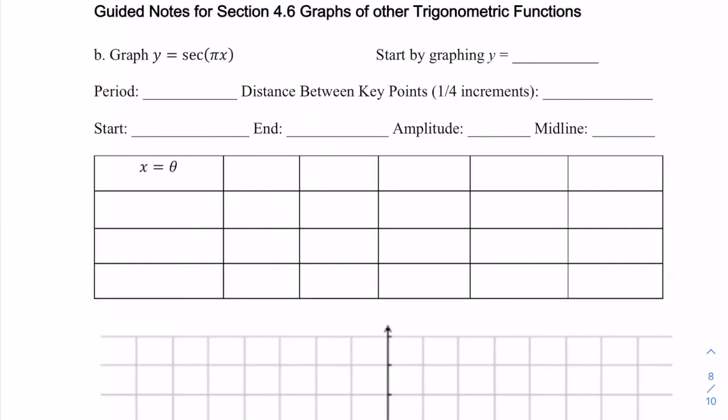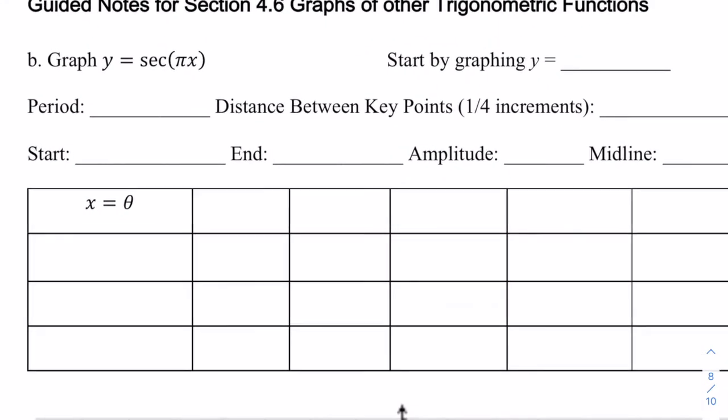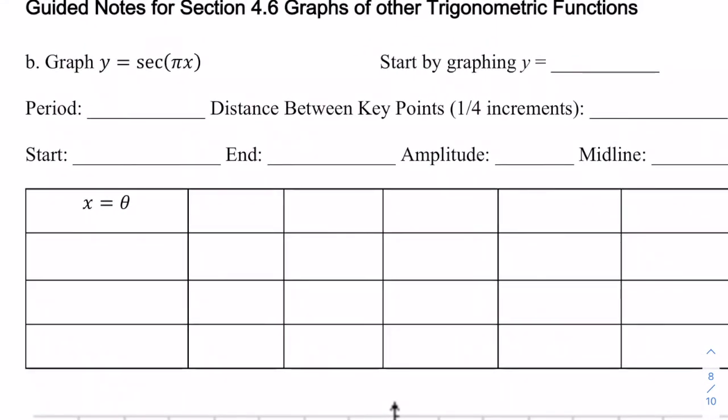Now for graphing secant of pi x, we're going to have the same process. Remember, we're going to start by graphing the reciprocal function, which is cosine. And let me just be specific because we're trying to graph cosine of pi x. So I'm going to come back to the secant. Let's graph